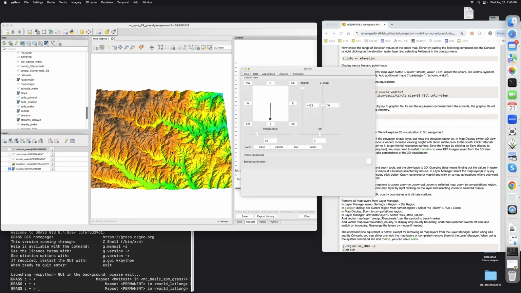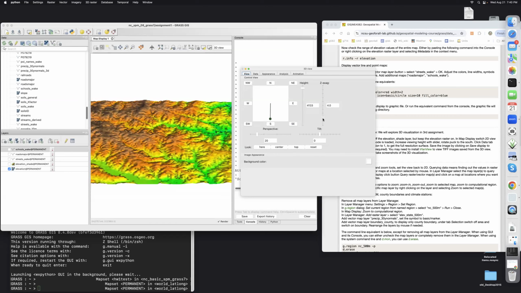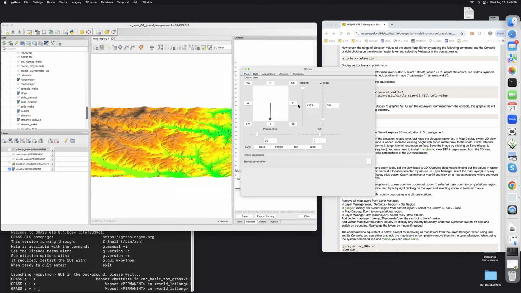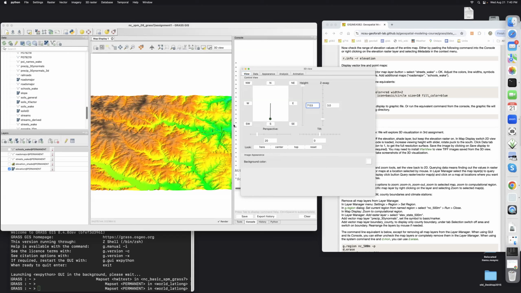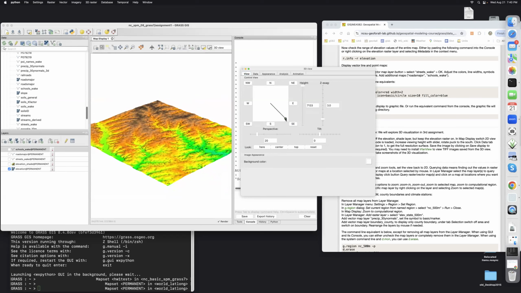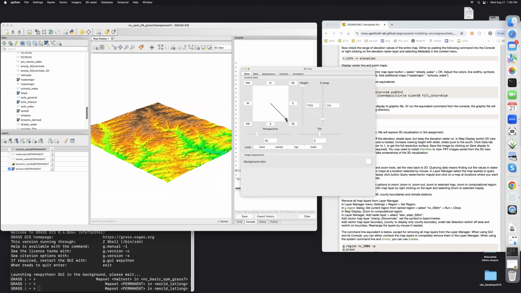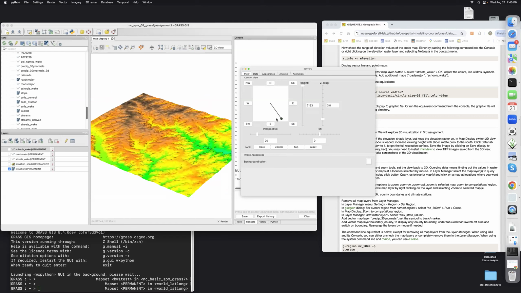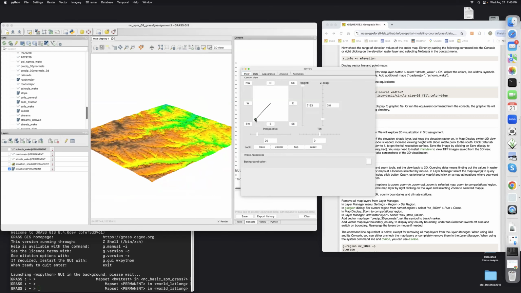And another thing that we can do, we don't really have this kind of mountains here. And that's because it looks like big mountains because our Z exaggeration is set to 10. So we can lower it to, let's say, 3, increase the height by changing this number, let's say, to 7,000. And let's just look at it from here. And you can find a nice view that you would like by yourself,